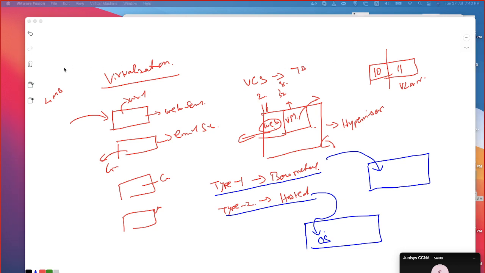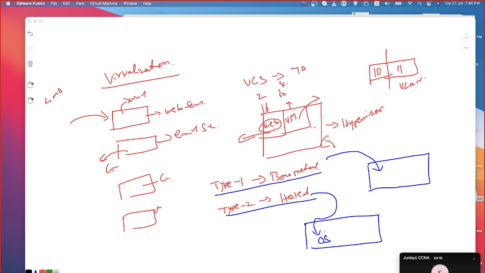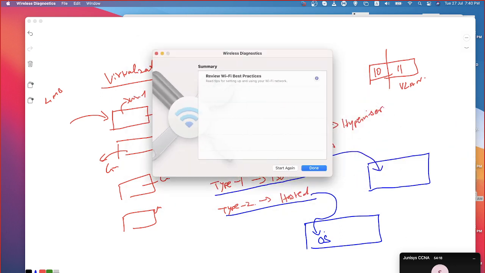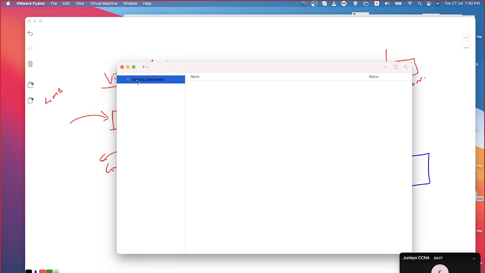Give me a minute, it's starting up. See, I have these virtual machines. I'm trying to open them. I don't know why it's not coming up. It's coming up. See here, this is my virtual machine. On this VMware, I can have multiple virtual machines running. Each and every virtual machine I can run. But to have this, for Mac it is VMware Fusion, for Windows it is called VMware Workstation.